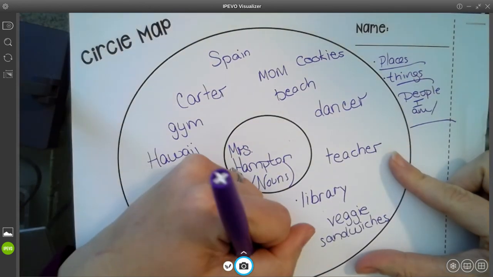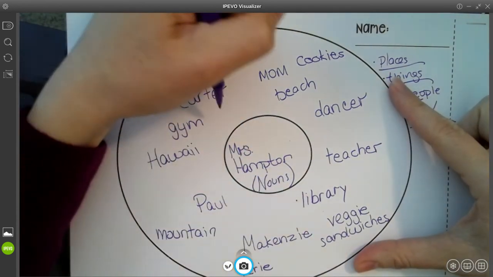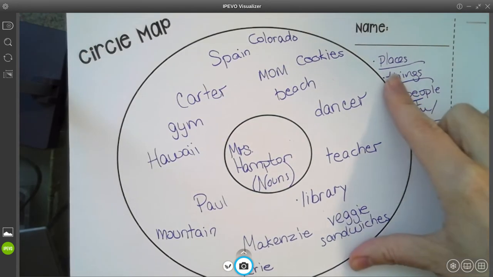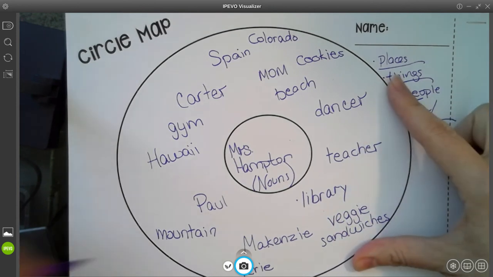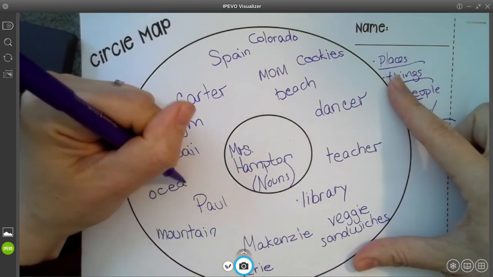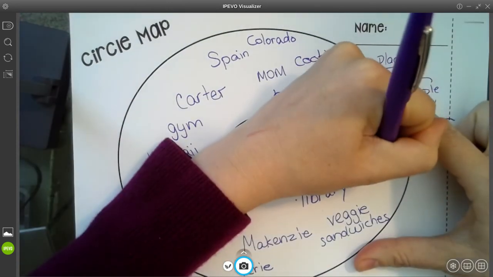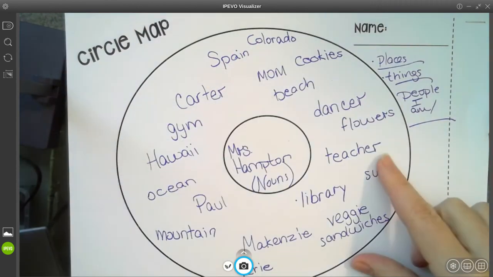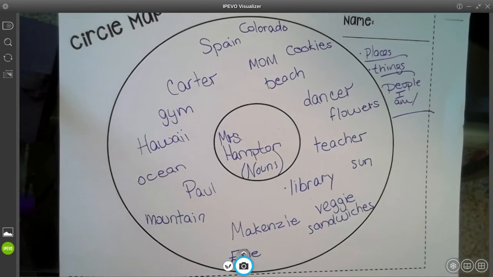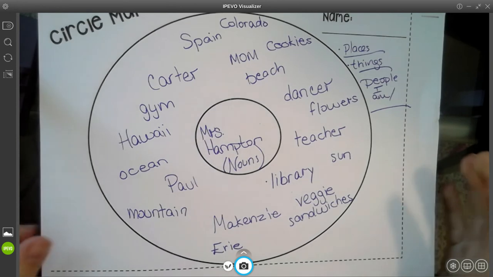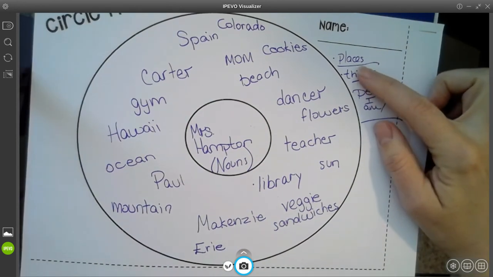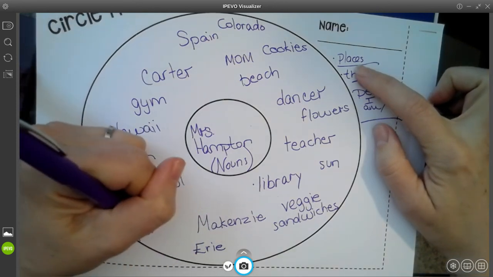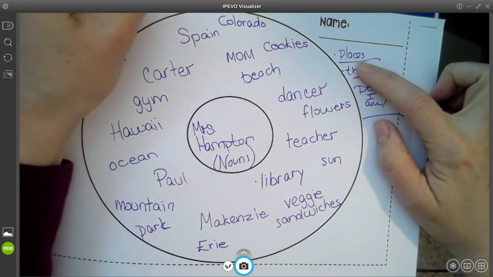I live in Erie, back to places. I live in Colorado and I'm from Colorado. Okay. I like the ocean. I really like warmth, so I could say the sun. Okay, I like flowers. So you can see if you think about places that you like or that resonate with you, and we're doing our family share, so you could do places where your family's from, places you like to visit, places you like to go, maybe the park, maybe a basketball court.